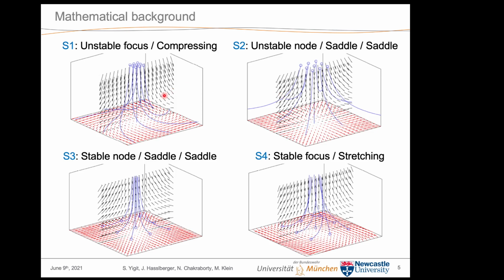So if you have a look at these blue streamlines, by the way, the blue circles here are supposed to indicate the origin of those streamlines. You can see that in these unstable topologies, the flow is diverging, whereas it's converging in these 2 stable flow topologies. The vortex-dominated ones are the focal topologies. The strain-dominated ones are also called nodal topologies.